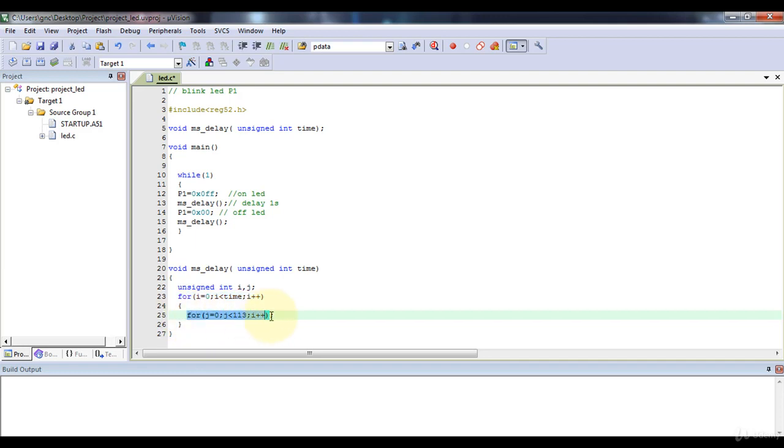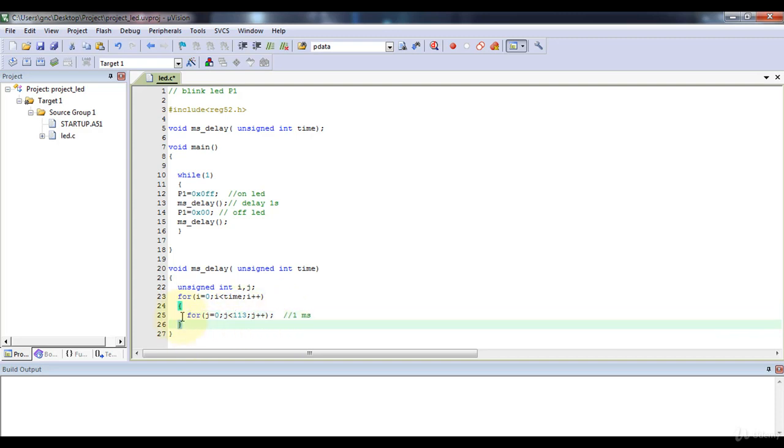This is how we can generate a delay using two for loops. In this particular for loop, I am writing j equals 0, j less than 113, j plus plus. So j would be initially 0, then it gets incremented by 1 till it reaches the value 113.